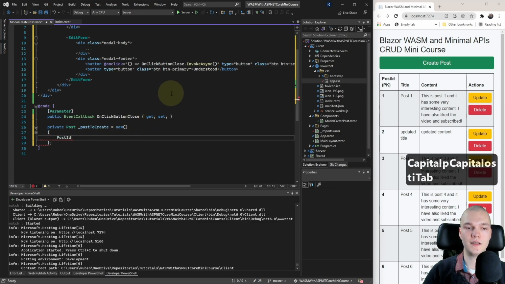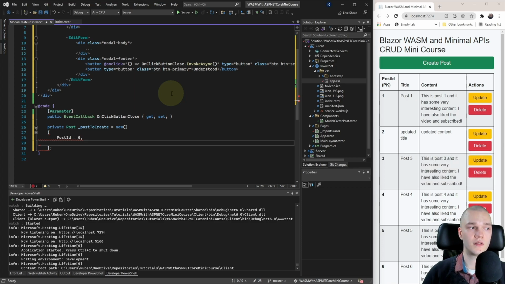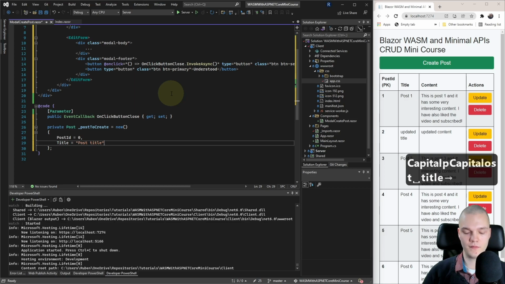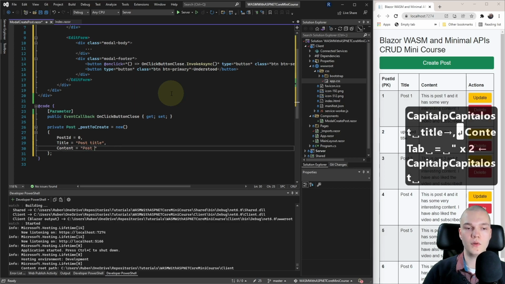So I'll set the post ID to 0, let the server fill that in for us. I'll set the title to post title and set the content to post content.